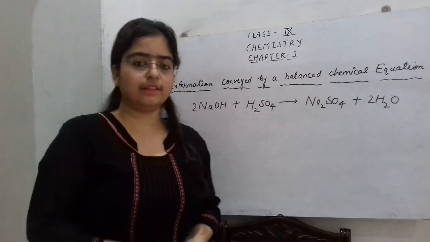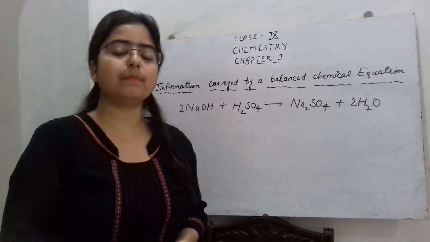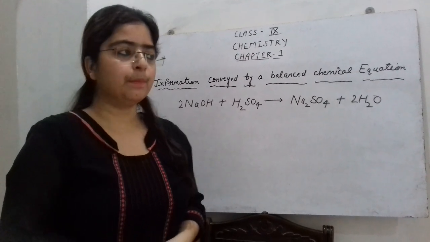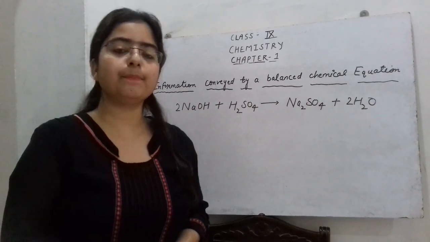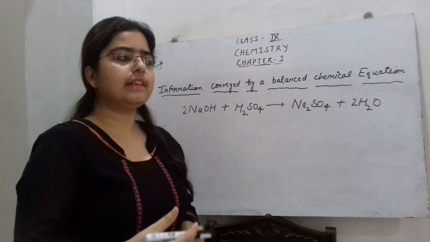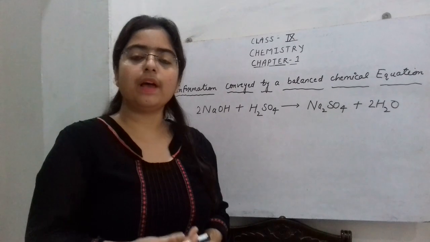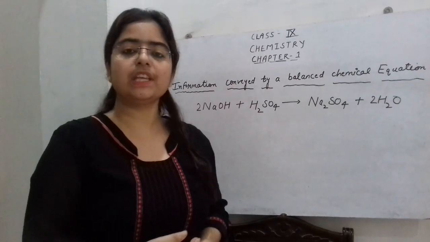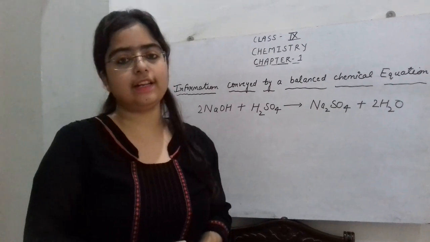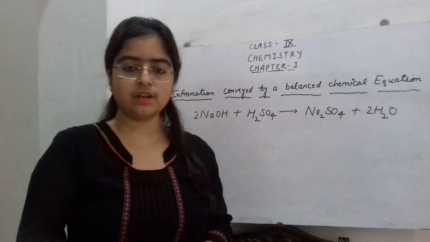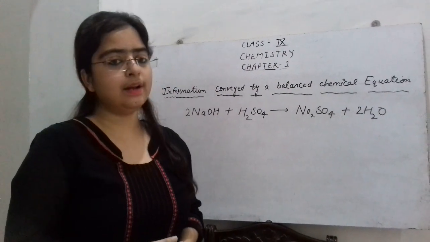So hello everyone. In the previous video we discussed how to balance the chemical equation by using the hit and trial method. But the hit and trial method is only useful for balancing simple chemical equations, and it has certain limitations. It takes time to balance a complicated equation by the hit and trial method, and also the mechanism of the reaction is not very clear. That is, the steps of the reaction, how the reaction has taken place, are also not very clear by the hit and trial method.